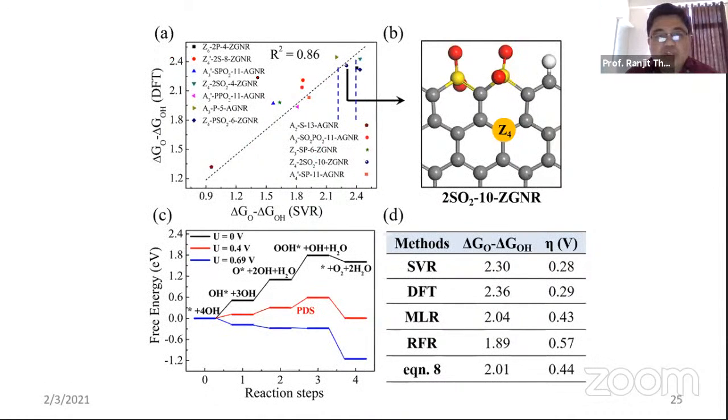Second, you can see the R square value. So what I'm telling is, you have taken the DFT equation. This is our own equation which we have defined using our analytical model. So how much is the DFT value and how much is the other value, you can see, and mostly the SVR is matching very well.